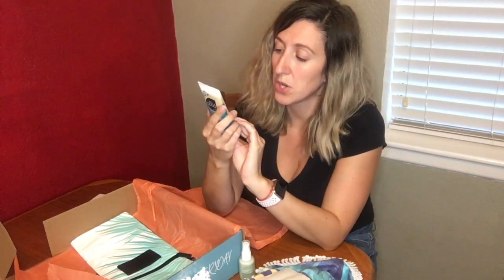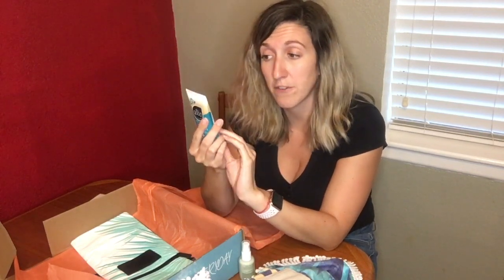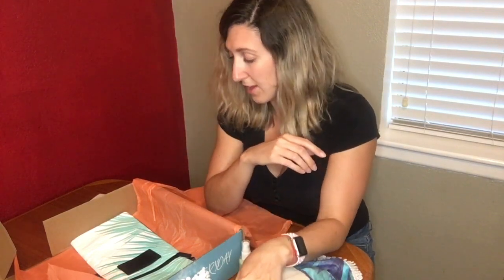And this is originally priced at $20. So I look forward to trying that. And it says it's formulated to blend for all skin tones. So that's cool. Okay. And finally,